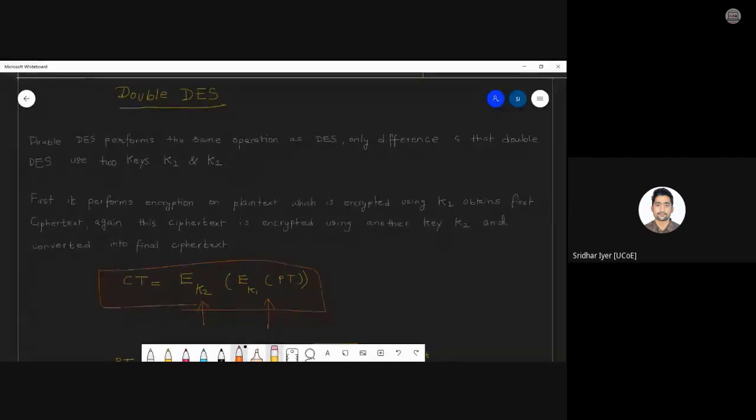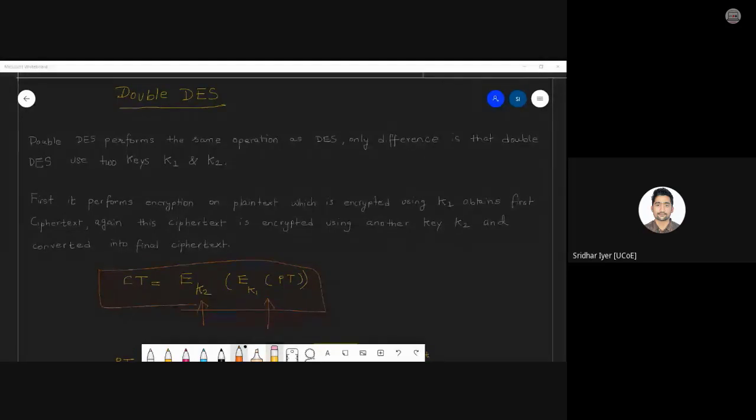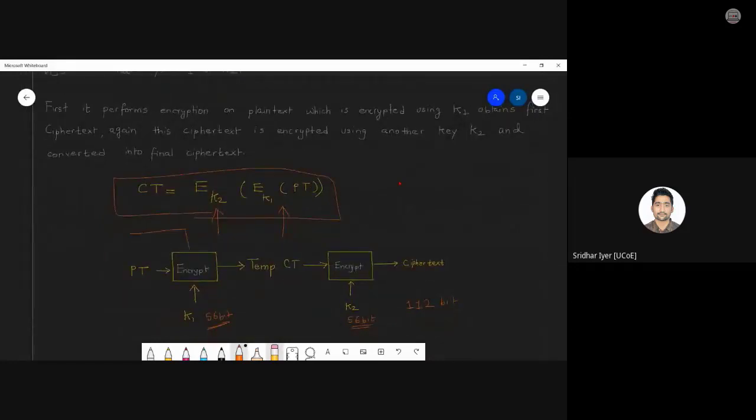Dhruv, let me tell every one of you, this entire block that you see over here, we can simply say that this block is not a single block. It is basically an entire DES operation running inside. Yes or no? This is one DES, this is the other DES. Am I clear? So from an overview point of view, you can say that it is just a simple box. It is not a box. It is the entire DES that you have studied just now in this entire 1 hour lecture. The entire thing is happening inside that box.